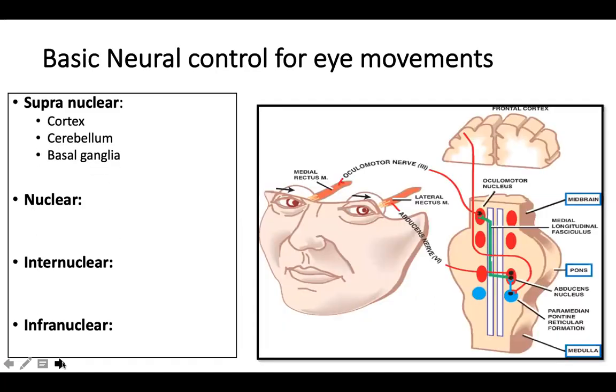So as I told you, your eye movement is controlled almost diffusely by the entire neuroaxis. It can be right from your cerebral cortex, your frontal eye field, your occipital cortex, your parietal lobe, your temporal lobe, your parieto-temporal-occipital junction. It could be your basal ganglia, or it could be your cerebellum. So as I told you in the previous sessions, any movement requires some form of intention, decision making, programming, planning, and execution. It's not just that you carry out a movement like lifting a water bottle just like that. You need to think about it, you need to plan about it. There is some degree of programming and there is some degree of execution.